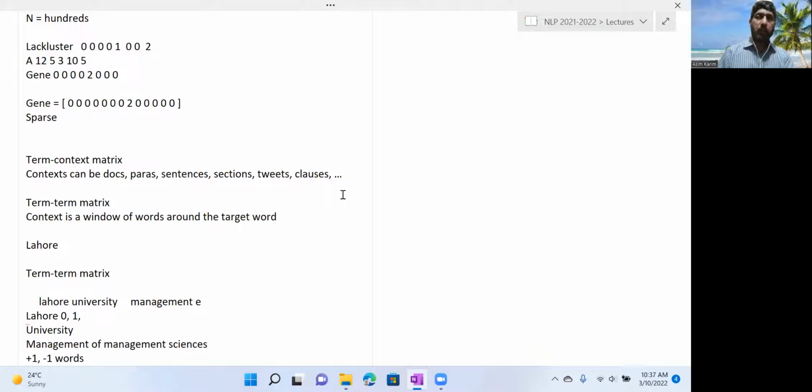What about university occurring in the context of Lahore? University occurs once. And management, if you take the context of just one word, would be 0. Similarly, for university, does Lahore occur in the context of university? 1. Management in the context of university is also 1. Of course, you do this for all the words